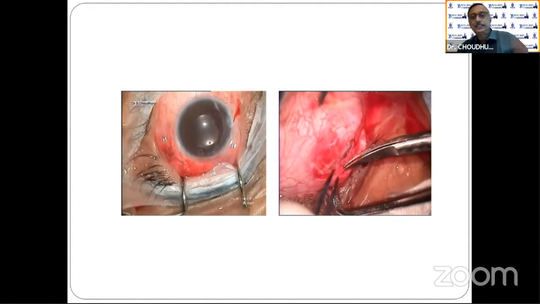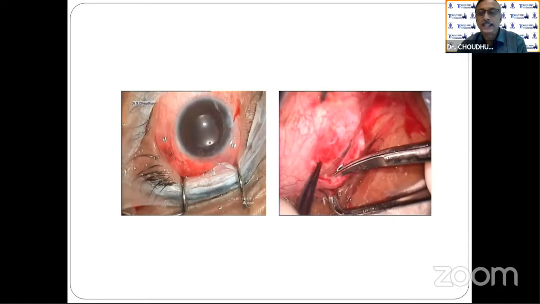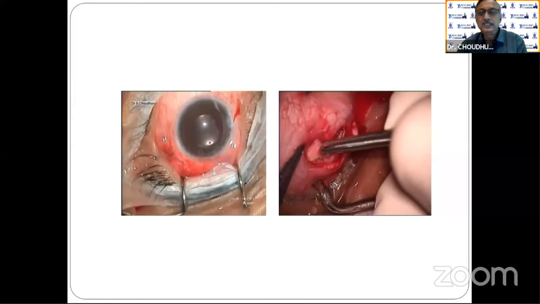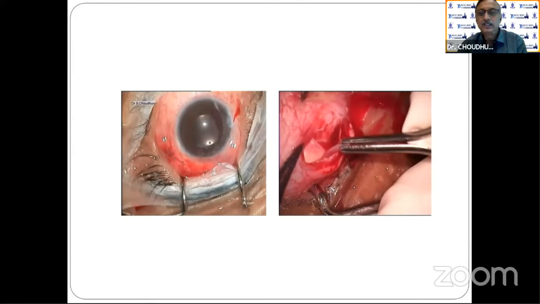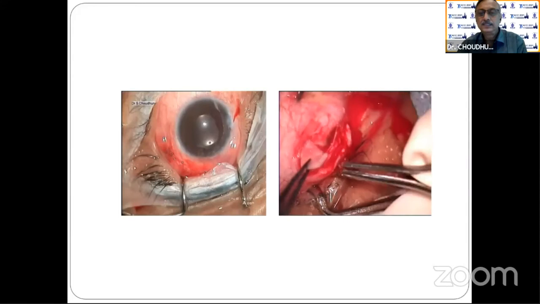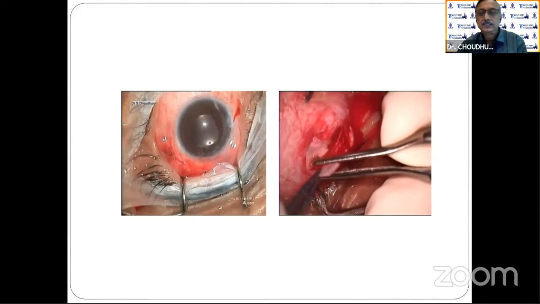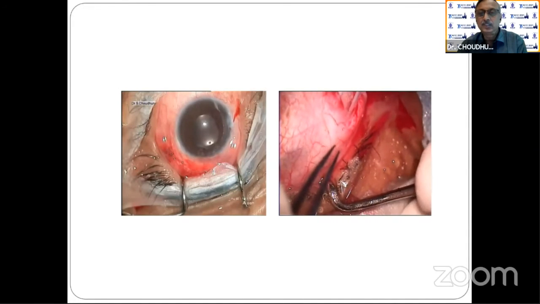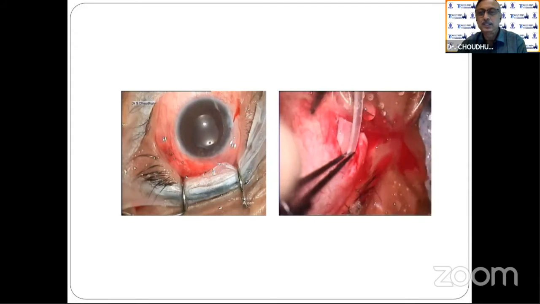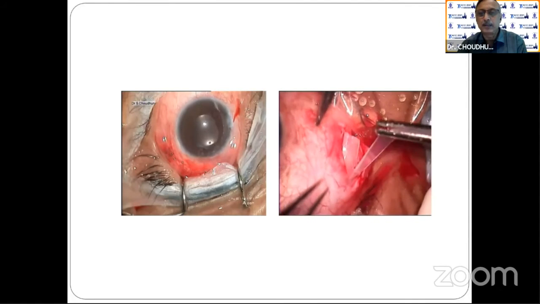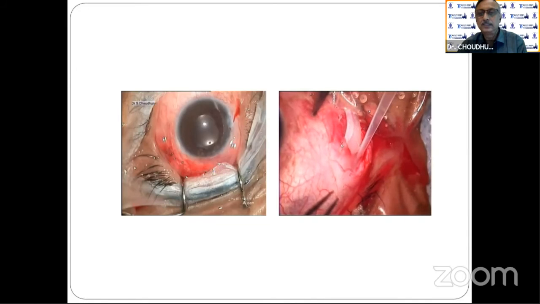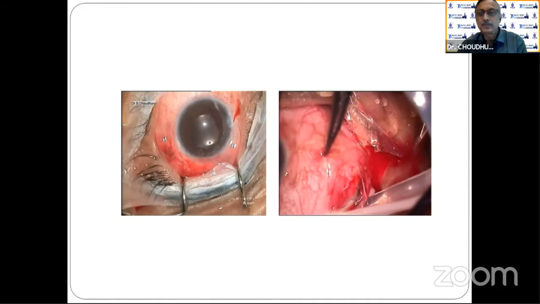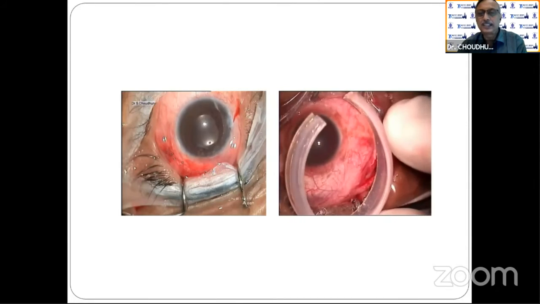I don't know whether other stitches were there or whether they dissolved. One stitch came out. Now the plumb is coming out. It's not the ideal way to pull it, but somehow I was lucky. Nothing happened. It came out smoothly. Now these types of plumb are very rarely used after the advent of vitrectomy.